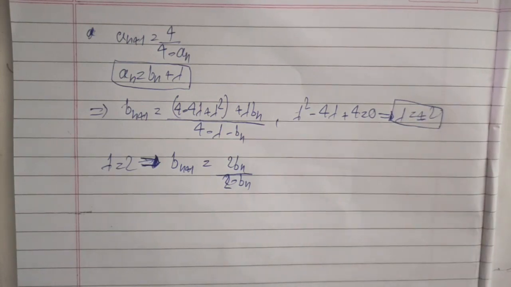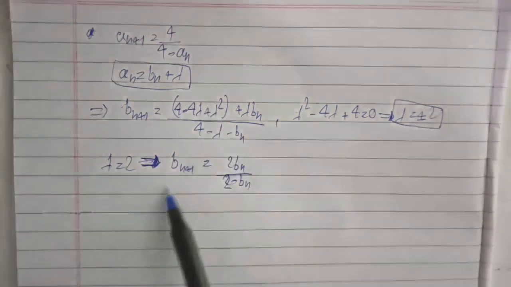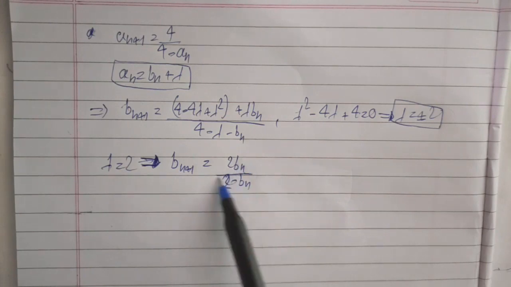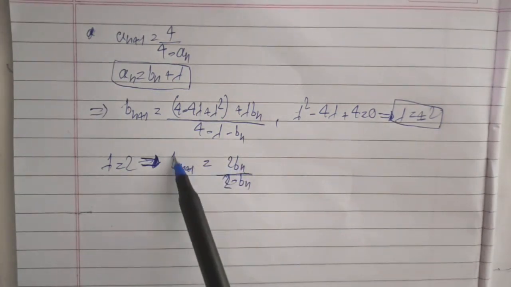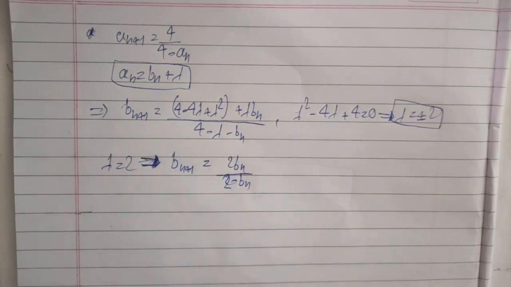Now for calculation simplicity, to make calculation easier, we can take lambda equal to 2. So with lambda equal to 2, this will be 0. So b_{n+1} = 2b_n/(4 - 2 - b_n). This is something which we already know how to solve from the previous minutes. So the main concept was this b_n plus lambda. Now we also know a general strategy to solve expressions like this, of the form numerator upon denominator.